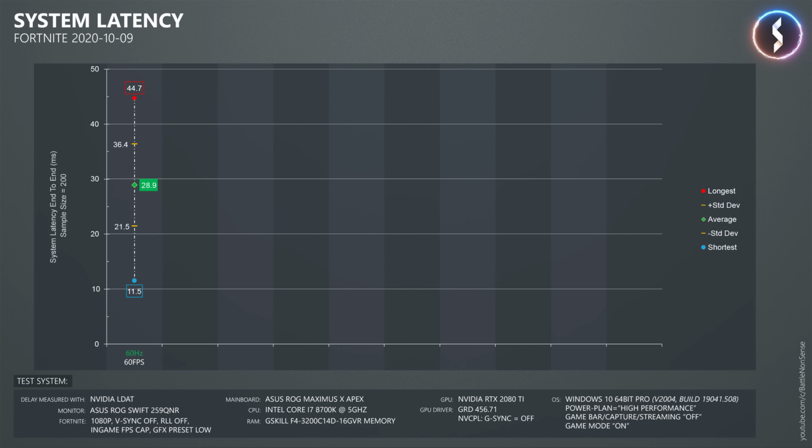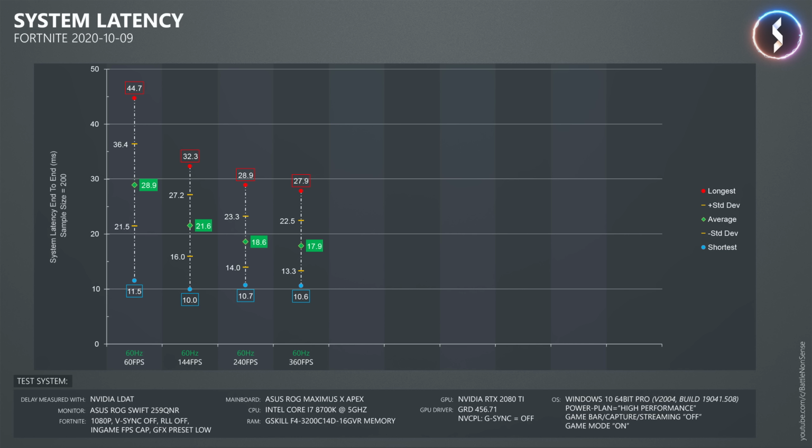Now, when I keep the refresh rate at 60 Hz and only change the in-game frame rate limiter from 60 to 144 FPS, then this leads to less system latency and less variation, as the standard deviation is also lower now. The same is true when I increase the frame rate even further to 240 or 360 frames per second. Again, the system is never GPU bound, as it is powerful enough to achieve and maintain these frame rate limits at less than 90% load on the GPU.